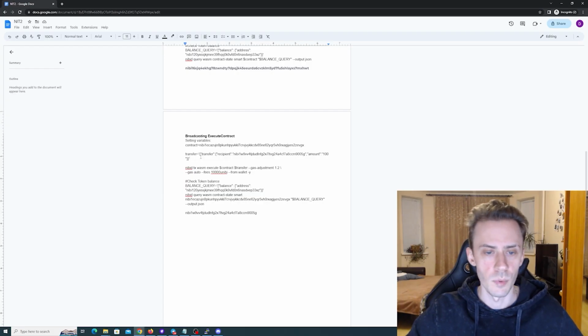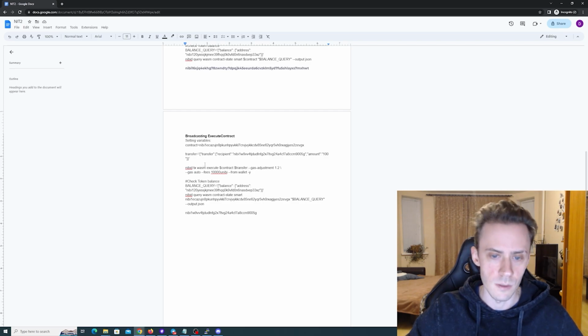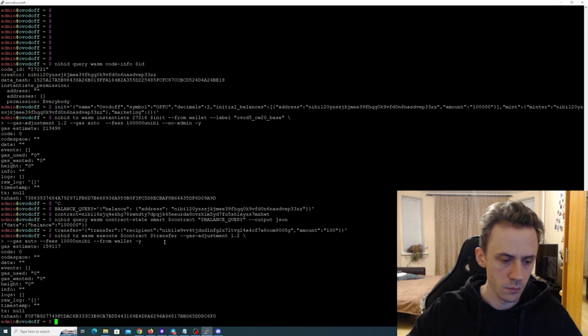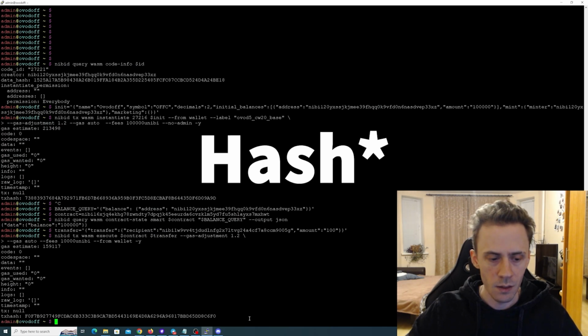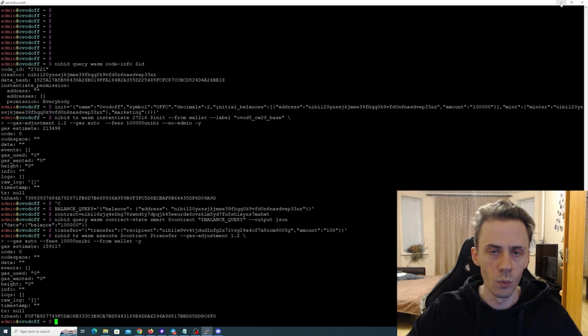By now we set up variables ID, contract, transfer. ID we don't need anymore. We need contract and we need transfer. This is the command. Wasm execute, and you see our variable contract with our contract address that we set previously, and transfer. We just copy that. Boom, we put that. We can also check our transaction ID, but what we can do, we can check the